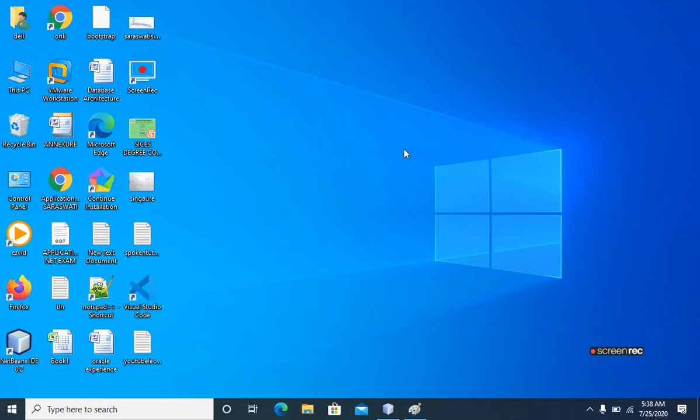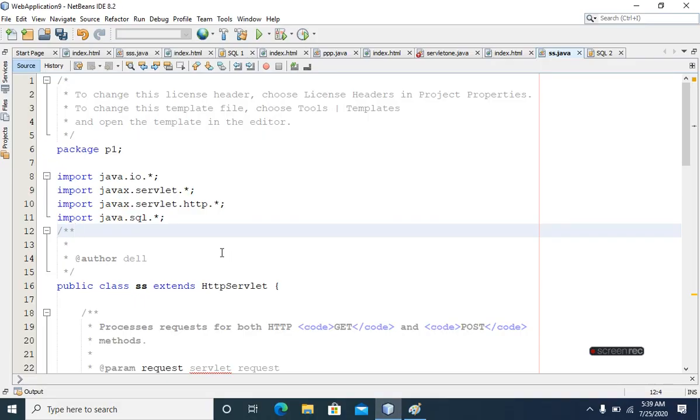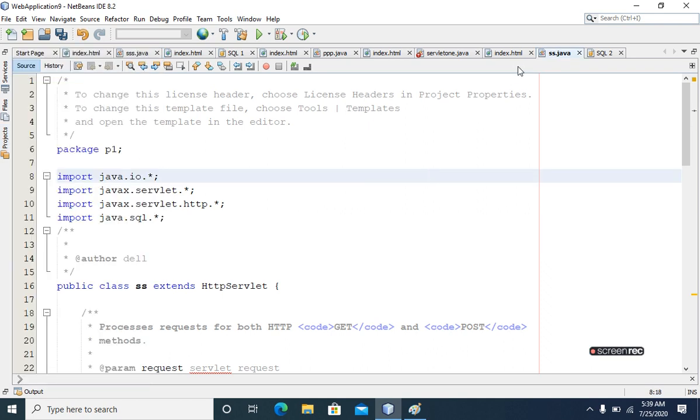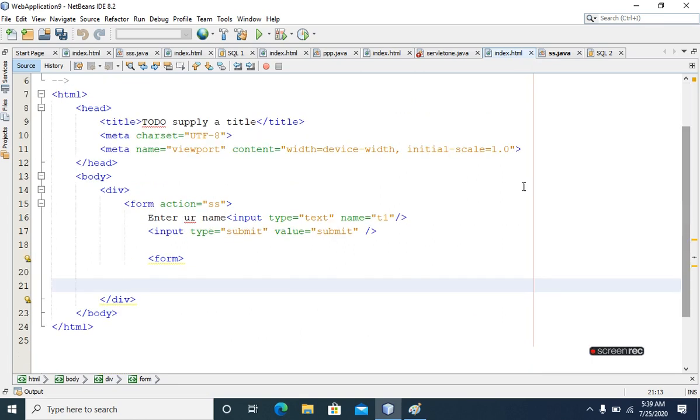Database connectivity using servlets. So once we open the NetBeans projects, we'll see one example which has been created here. Let's take the example of this simple index.html file,